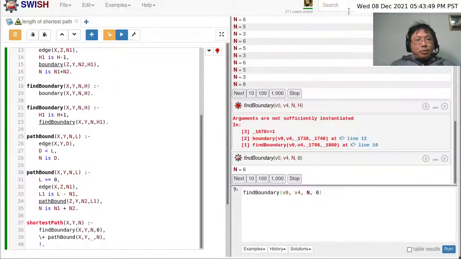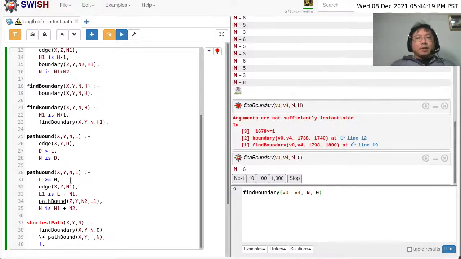Alright, so getting back to the Prolog program. The second definition of path bound is the recursive one. The recursive one is saying, okay, let's make sure that we still have a constraint left. Because when L becomes negative, that means we have just used up all the length that we're given. So we basically just have to declare failure in that case and say that, no, I'm sorry, we cannot do this anymore. So as long as L is greater than or equal to 0, we are looking for an edge between x and z. You can see how z is not a part of the left-hand side of the predicate. So z is an existentially